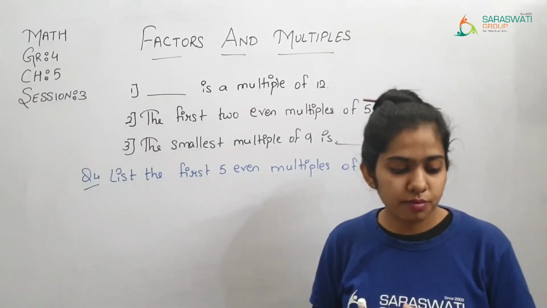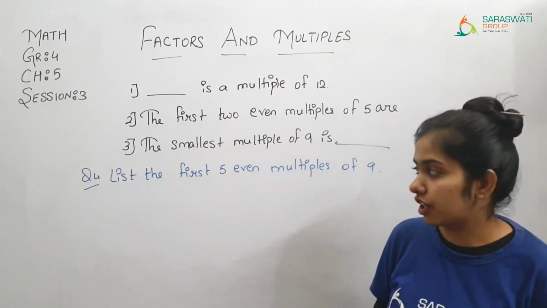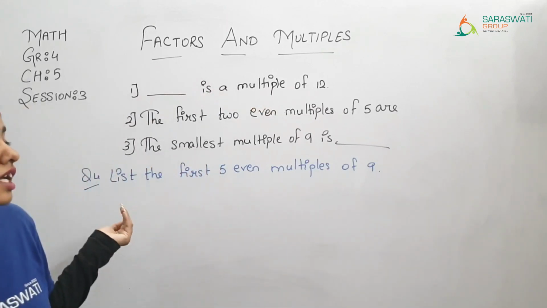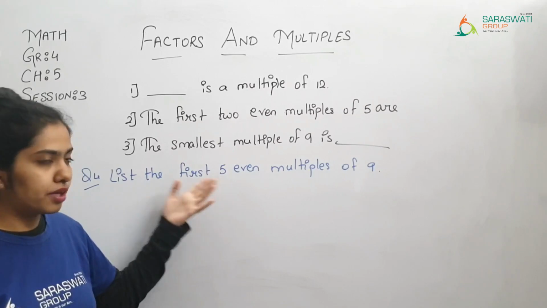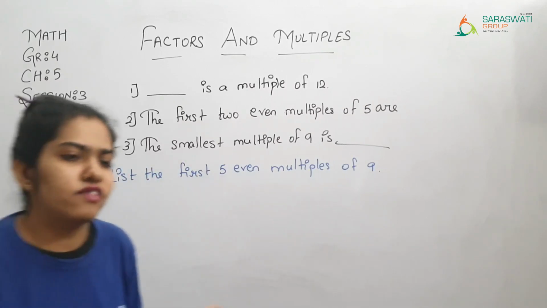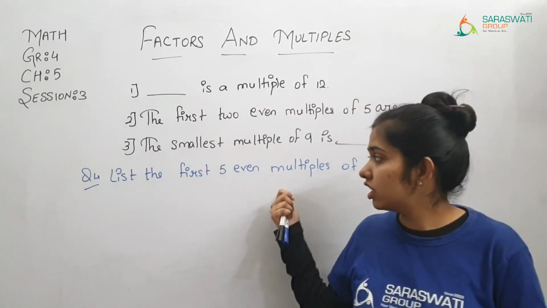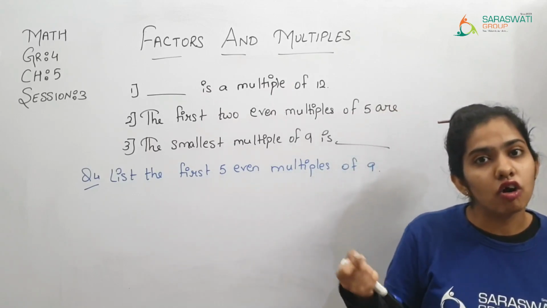Then afterward, question number 6. What are the odd multiples of 9 that are less than 100? હવે આપણે 9 ના odd multiples લખવાના છે but 100 થી less હોય એવા. અહીંયા even લખ્યા પણ એ 5 જ લખ્યા. હવે odd તો એ 100 થી less ના આવે ત્યાં સુધી આપણે 9 ના odd multiples લખવાના છે. even નહીં odd. So 9 આવશે, 27 આવશે, આ બધા odd numbers આવશે.